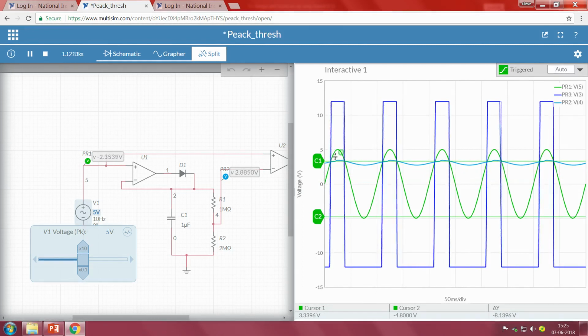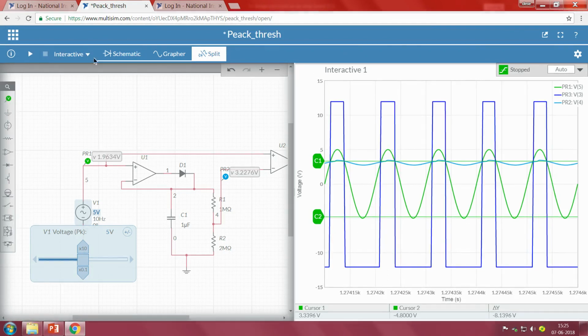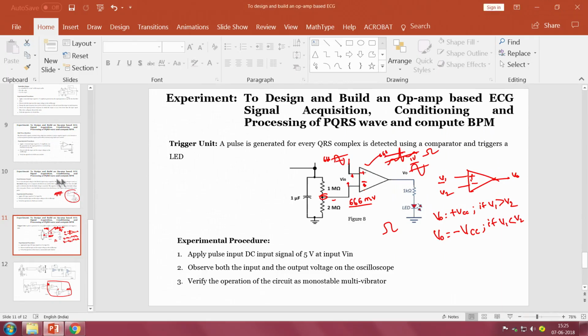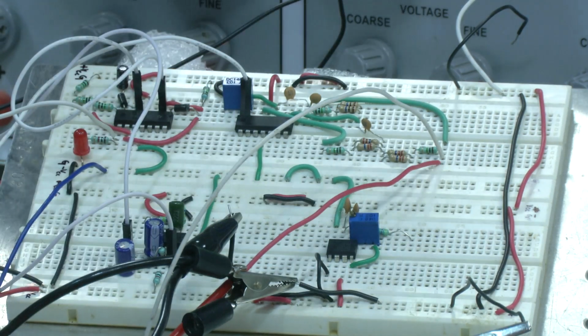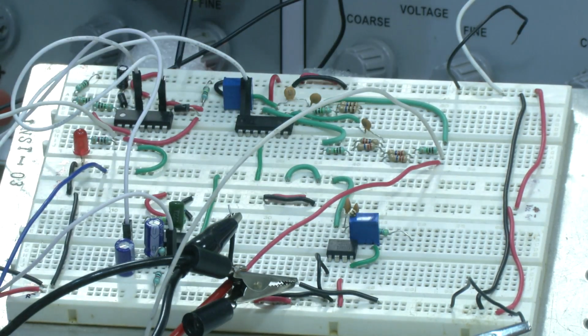This is the input, this is the threshold and this is the output that we are getting. So that means the thresholding part, everything is working fine for our application. Now we will see experimentally the complete circuit. If you see the next part of this particular portion, we are using a diode, and we are also using a resistor.